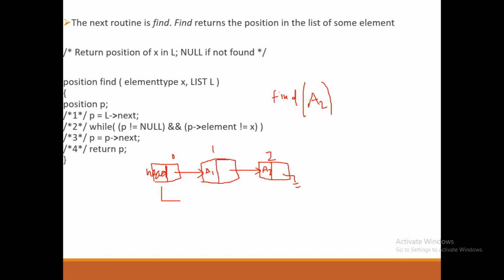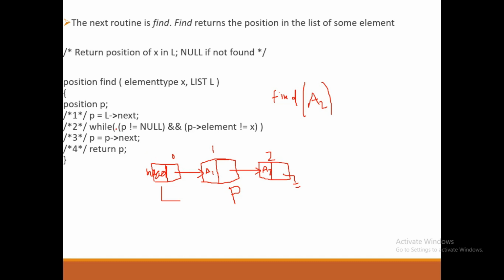P = L->next means this is your L, and the node to which L next points will be called P. So this is our P now.